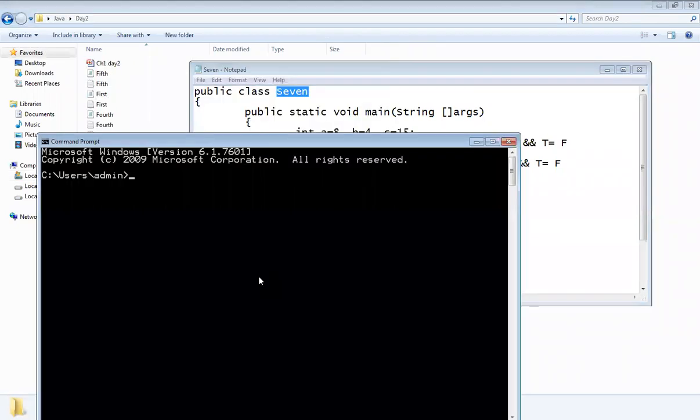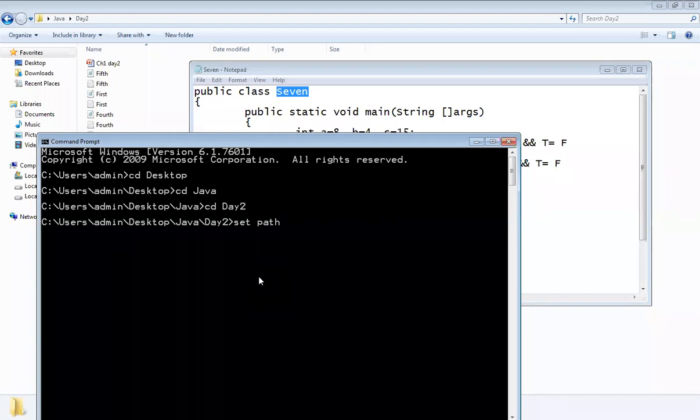I will move towards the command prompt. My program is present on the desktop. So I will first enter desktop, then the folder name is Java, again the folder name is D2. Now I will set the path.